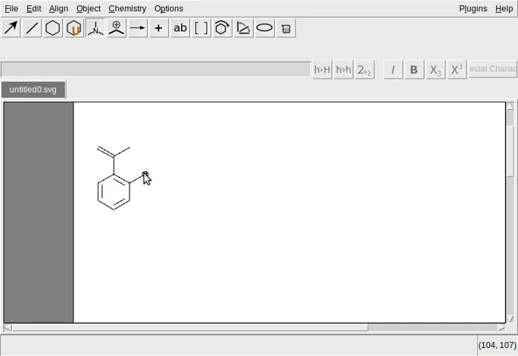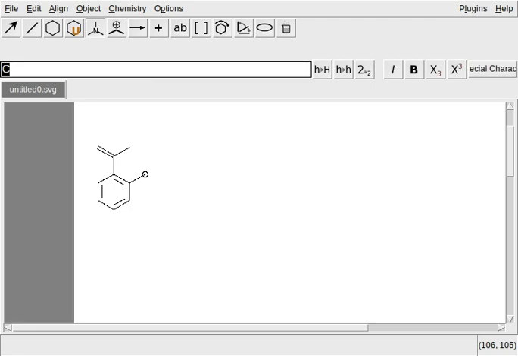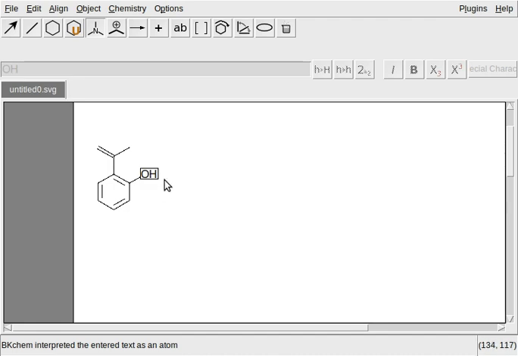We must not click at the bonds, but at the end of the bonds where the particular ending atoms of the bonds will come. So first here, this C is already selected. We type OH, then press enter, and this OH group has come to the particular position.